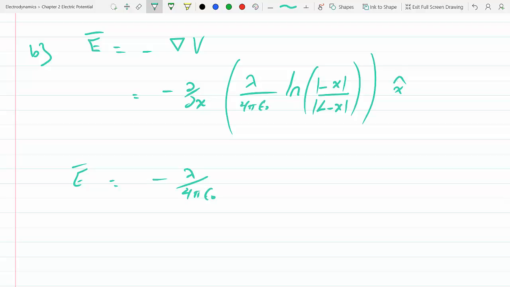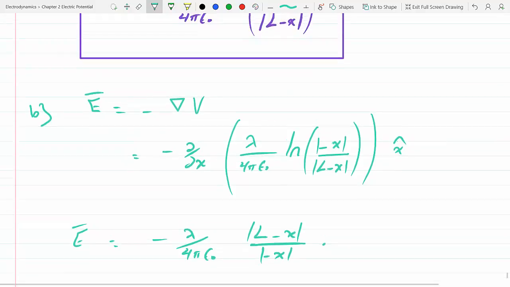Now if you differentiate this with respect to x, you get 1 over, so you just switch this, right? Times, you need the quotient rule to find the derivative of the inside. Mine's different because I did negative and I flipped it over, so I got x minus L over x, and so I just turned that into 1 minus L over x, and the derivative of that would be